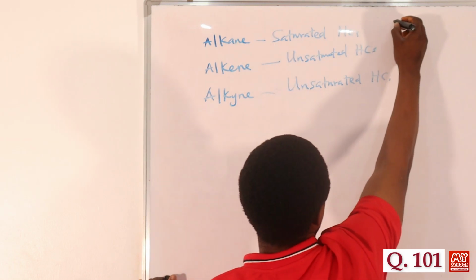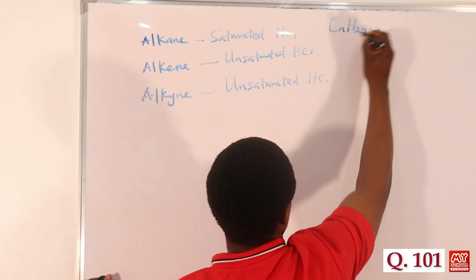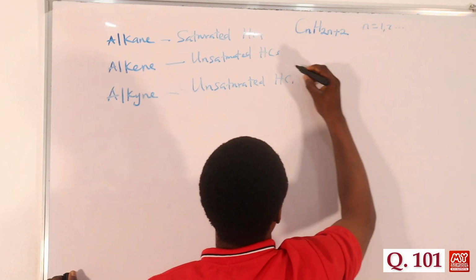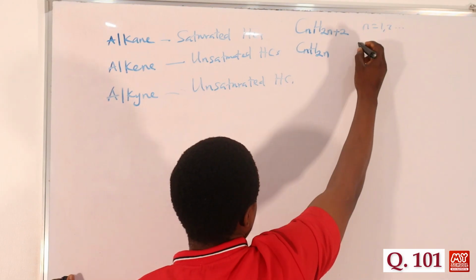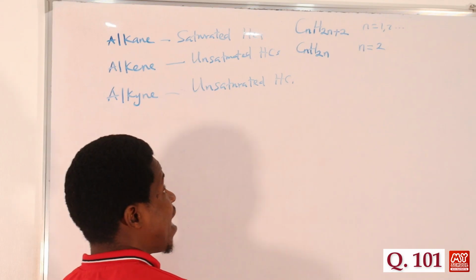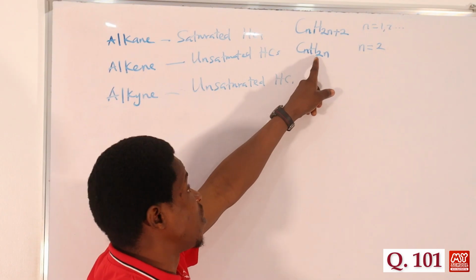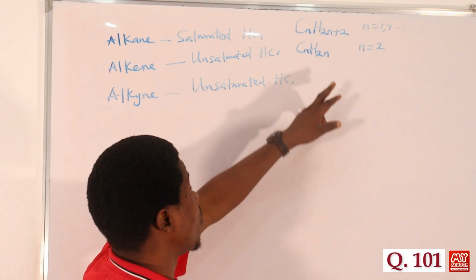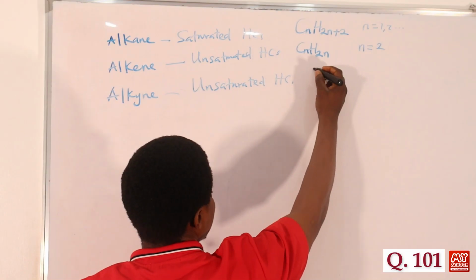So the alkanes have the general formula CnH2n+2, where n can be 1, 2, and so on. For the alkene, we have CnH2n, just that. But n has to start with 2, because if it were 1, C1H2 does not exist, since carbon should have a bond number of 4. So the number of carbon here should start from 2, not 1. And then the alkyne has the general formula